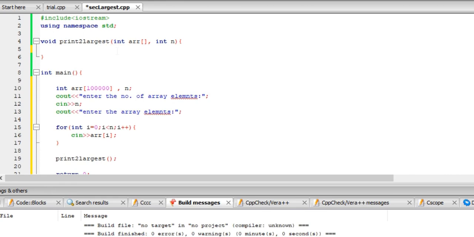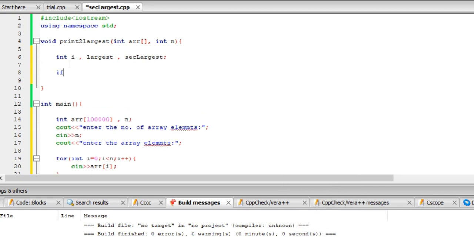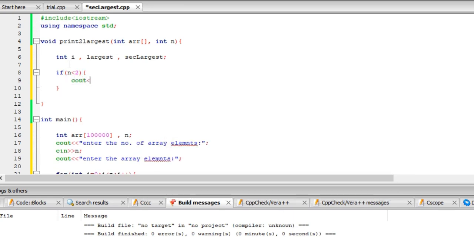So in this function, we are going to take three variables: integer I, largest, and second largest variable. As we said earlier, that if n is less than 2, the input will be invalid. So we have to include that condition too.